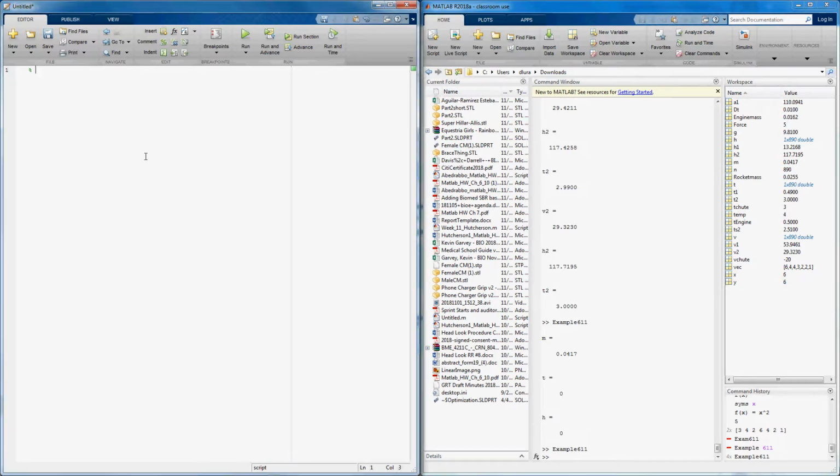So first of all, this script was really trying to calculate the height and trajectory of a rocket, right? So I'm going to start just by creating a script and saying calculate the rocket height and velocity, right? And what we want to do is set the parameters of the rocket based off of some information that we can collect on some actual